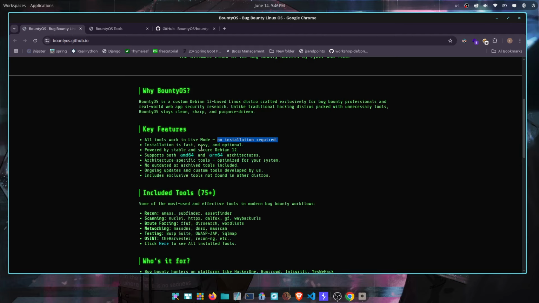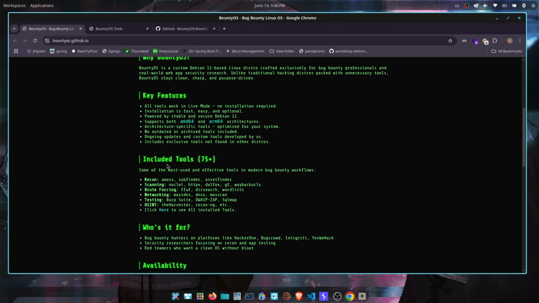The installation is fast, easy and optional, since they have a live option where you can use the operating system without installing, and it's powered by Debian, which means it's stable and secure, and it supports both AMD and ARM. Yeah, so we have a number of included tools. Currently we have 75